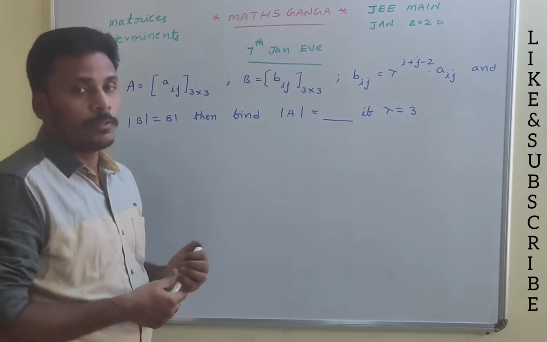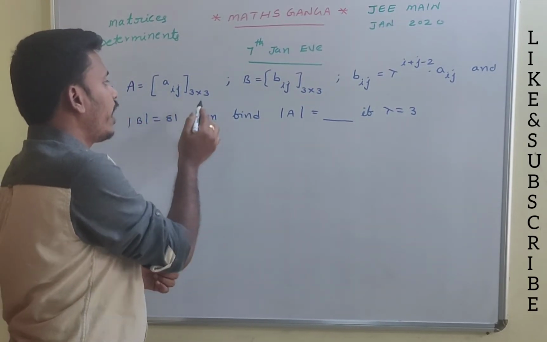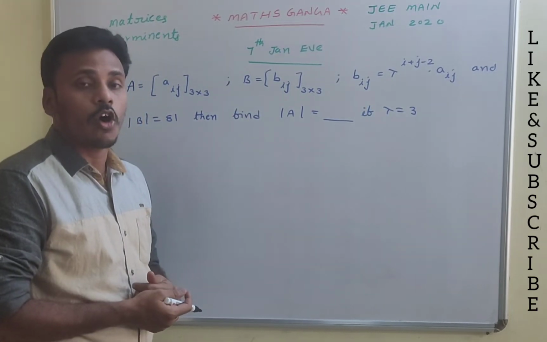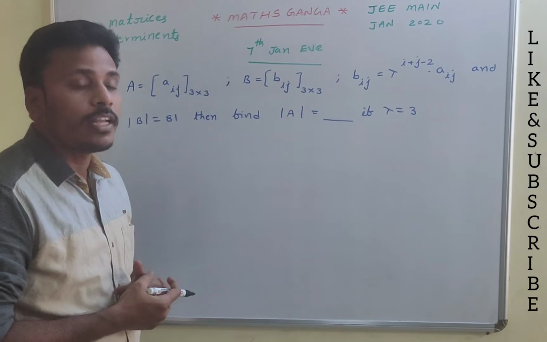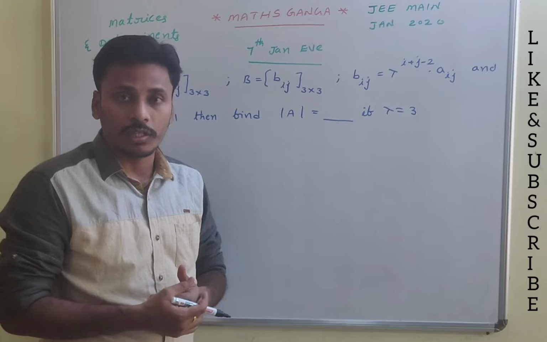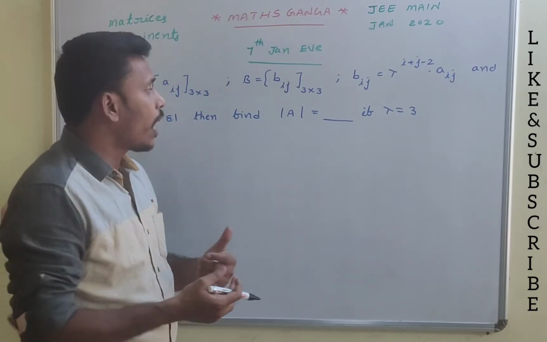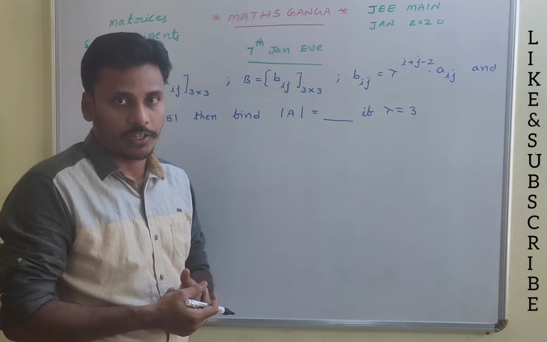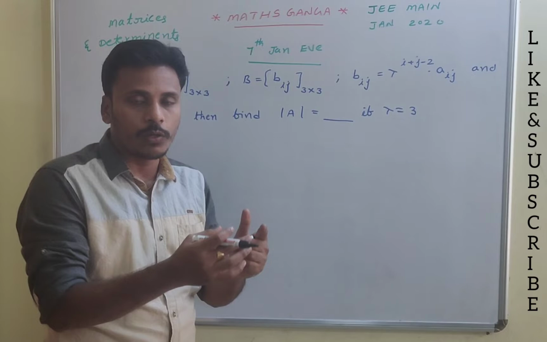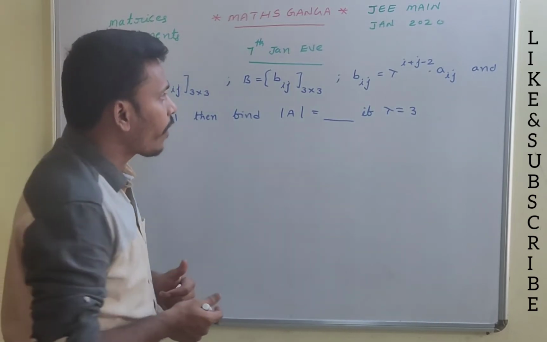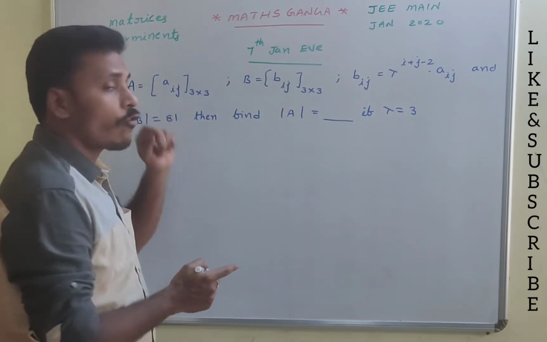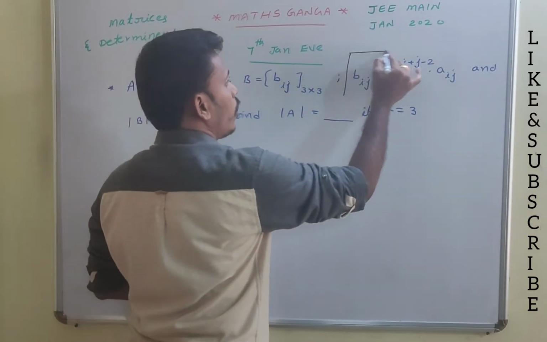What is the question? A matrix A is given, Aij, of order 3 by 3, and another matrix B is given, Bij, of order 3 by 3. Since these matrices are of order 3 by 3, i runs from 1 to 3 and j also runs from 1 to 3, and you are all familiar with writing the B matrix relative to the positions, as B11, B12, B13 and so on. The elements of matrix B are related to the elements of matrix A by this given relation.